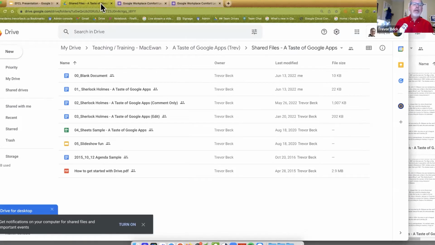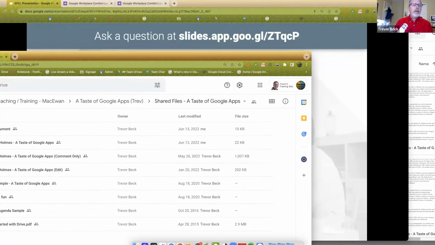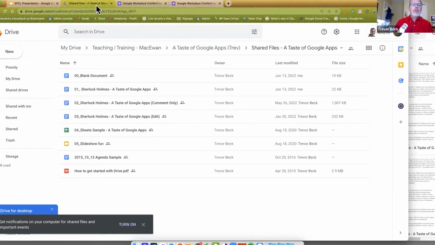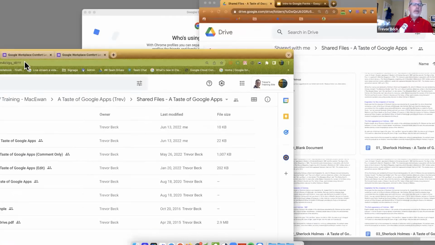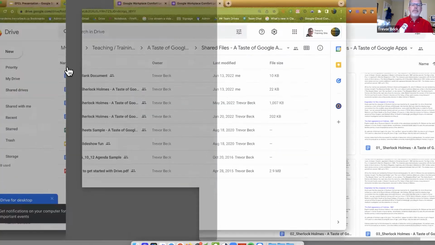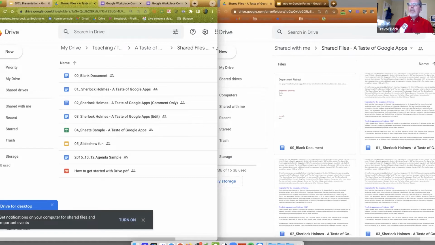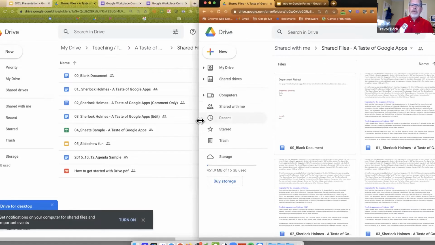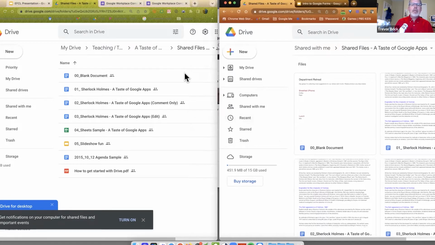So what I've got here is this one page. Is everyone able to get in there and see the folders and stuff? I'm going to assume yes. If you have any problems, just let me know. You should see something that looks like this, or it might look like this on the right.